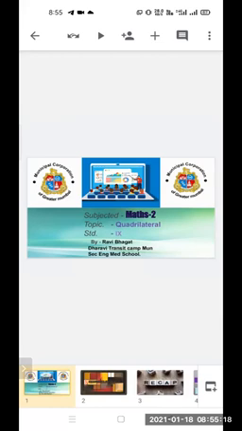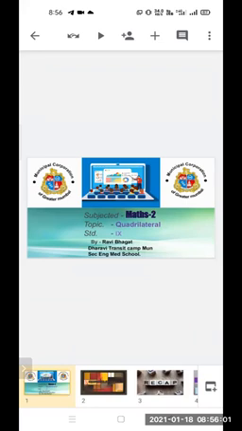So children, before starting the lecture, let us recap what we have done in our previous classes. In the previous lecture, we discussed some basics of quadrilateral. You are very well familiar with this chapter now, because we have done revision 2-3 times. We have also studied the definition of quadrilateral and the types of quadrilateral.